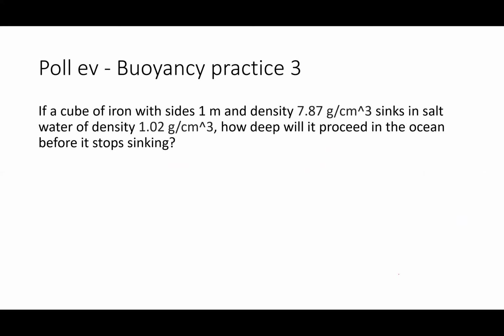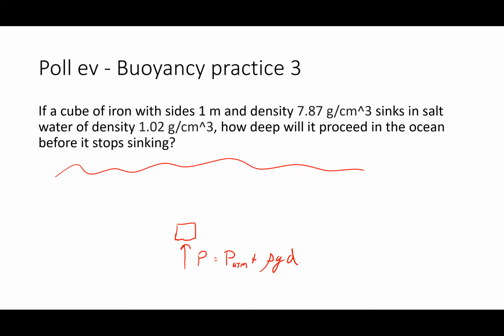Okay, so thinking more about what happens with buoyancy, if I imagine I have a cube of iron that sinks, how deep does it go before it stops sinking? This is kind of an interesting concept question because we might think that the pressure here is getting larger as the object gets deeper. It's the air pressure plus density times g times depth. So that pressure is getting bigger as the block sinks. We might imagine eventually that will be large enough to hold the block up, but that's not quite right because we also have to imagine there's a downward pressure that's also getting larger